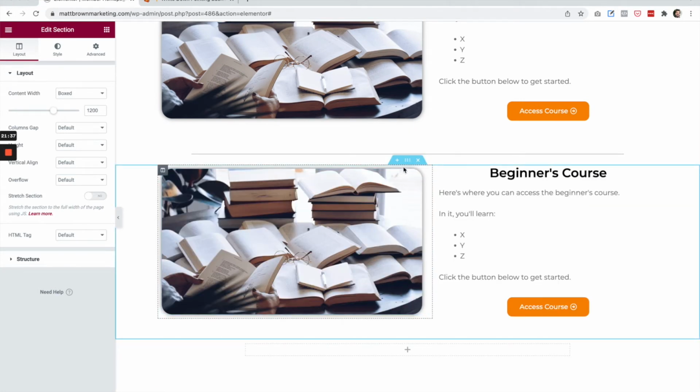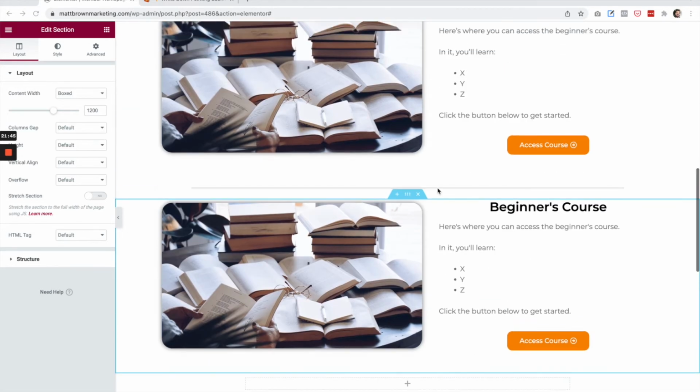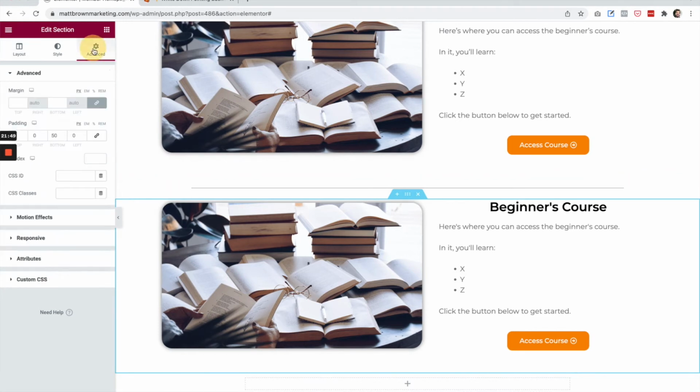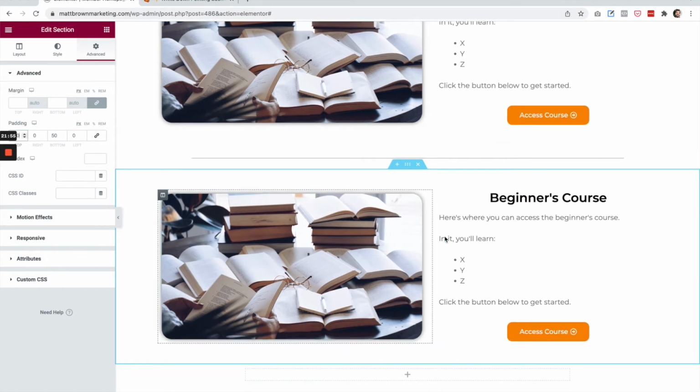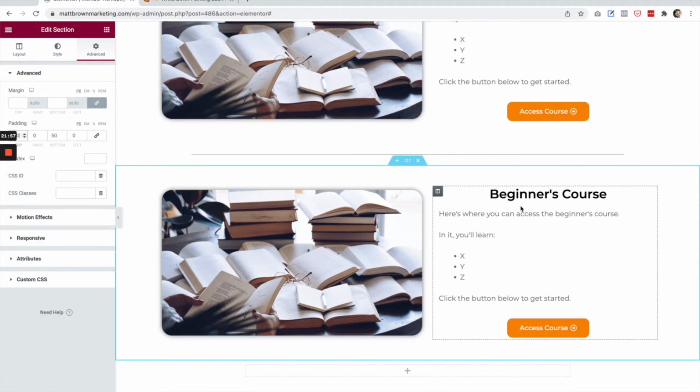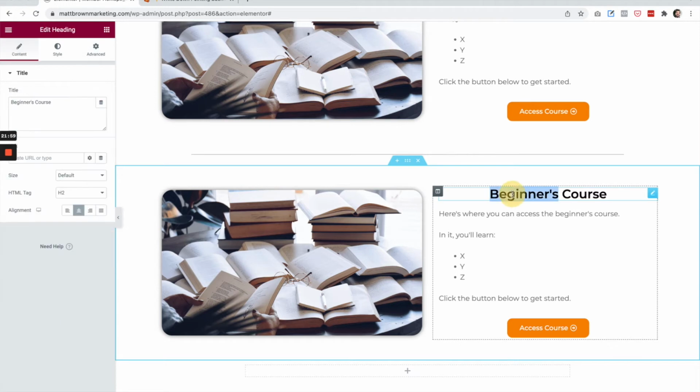and then we can just drag this below the separator there. Now we might want to add a little bit of padding on top here, just to add some space between this separator and the divider in this section. So I'm going to add about 50 pixels of space. I think that looks good. And now we can go in and we can name this the intermediate course